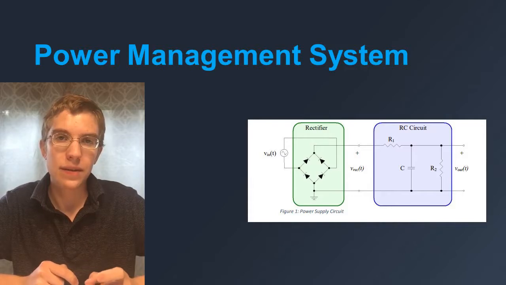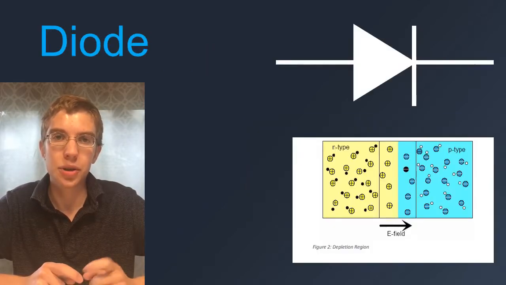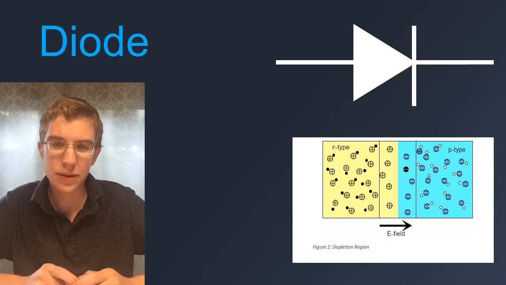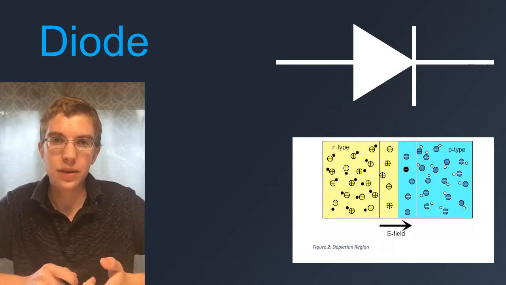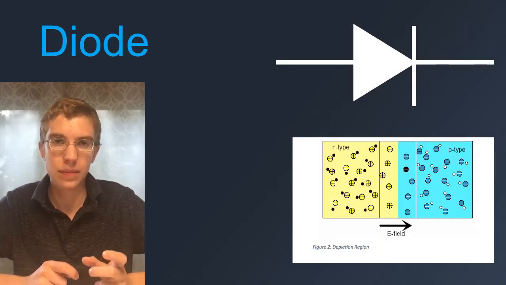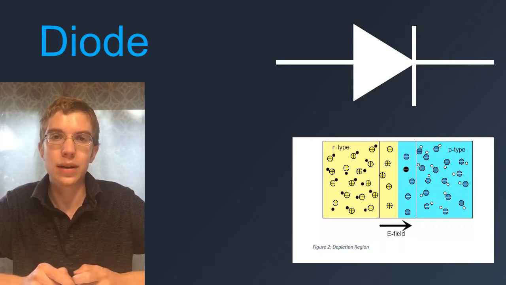On the full wave rectifier, if we were to zoom in on one of the diodes, we would see charge buildup. On the P-type side, we're going to see negative charge, and on the N-type side, we're going to see positive charge. This creates a potential difference across the diode and therefore an electric field through the depletion region. This built-in potential is the threshold voltage, and this is what helps determine what sort of mode the diode is